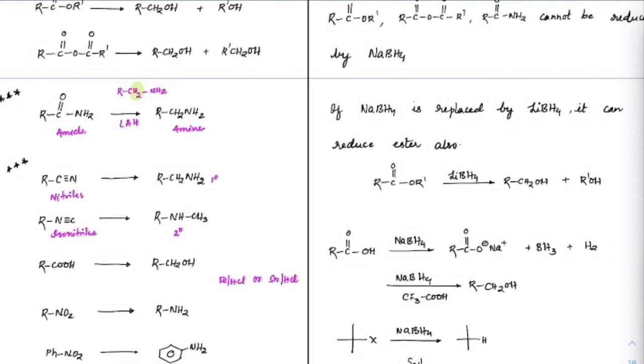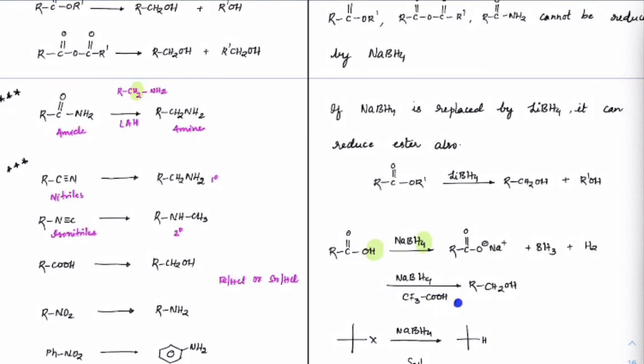Next, you see the acids. Acids, when you treat with NaBH4, here it is only an acid base reaction. This H plus and this H minus both will react to form H2, and this would become BH3 and a salt. That's all. So an acid base reaction will only happen with acids, no reduction reaction.